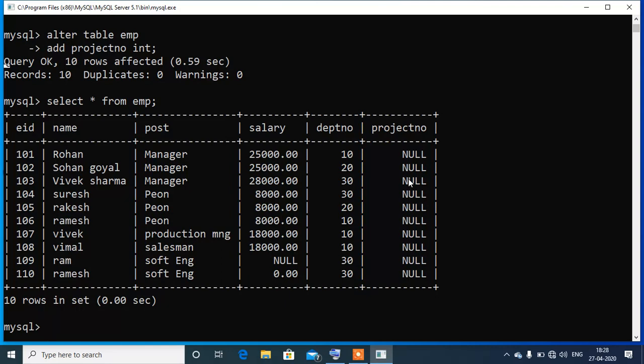Now the second thing that we can do with it is changing the name of the column. So we are going to work on that column only which we have already added. Suppose the project number column name is very long, we want to modify it and we want to change the name to pro number. So at that time also we have to use